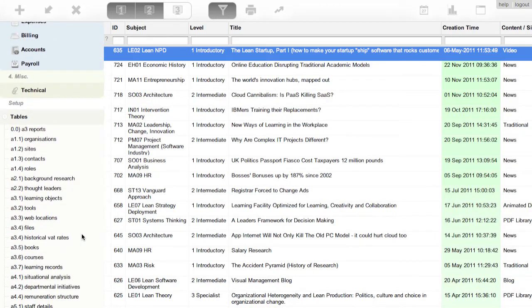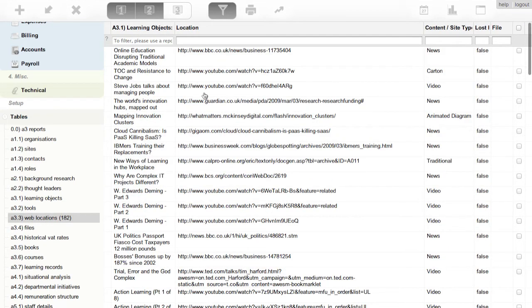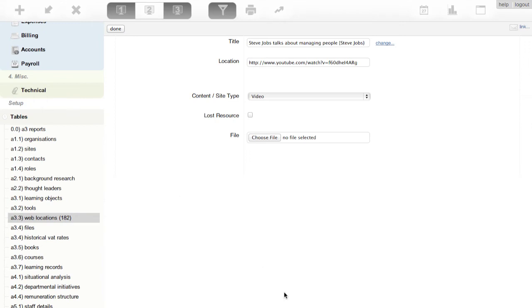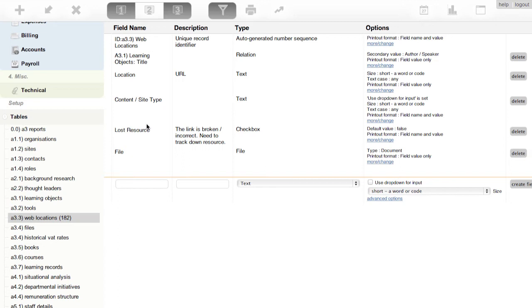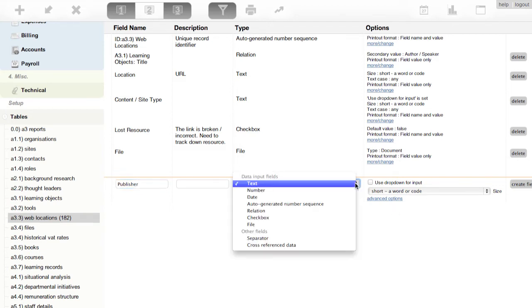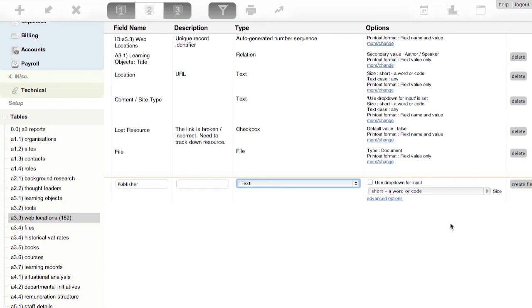Go to the table that stores web locations. We'll have a look at the list of fields that make up this data and just type a new one in here to add: publisher. It's a text field. There are other types we could add if we wanted to, and there are more options which we could add if we wanted to, but that's